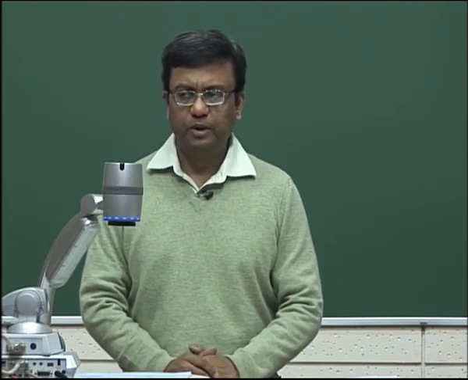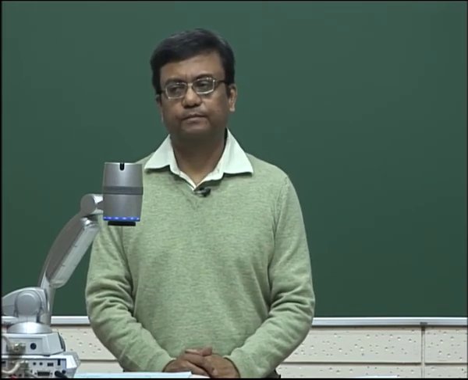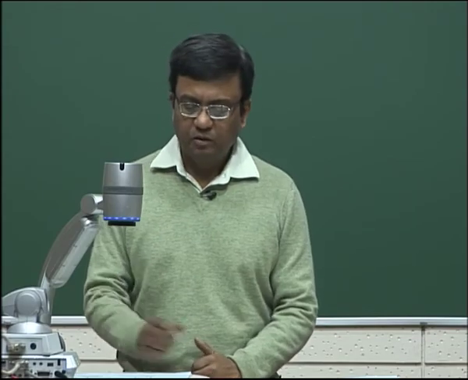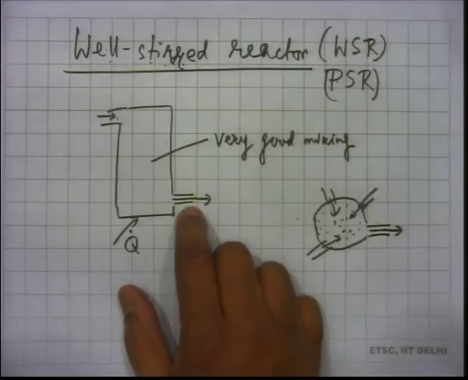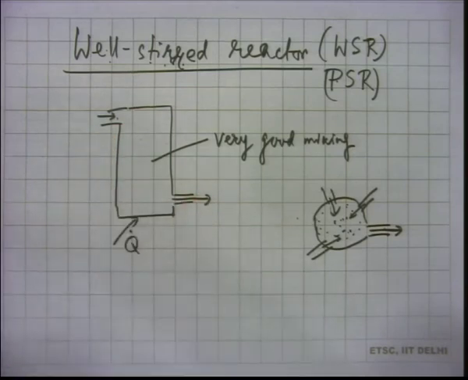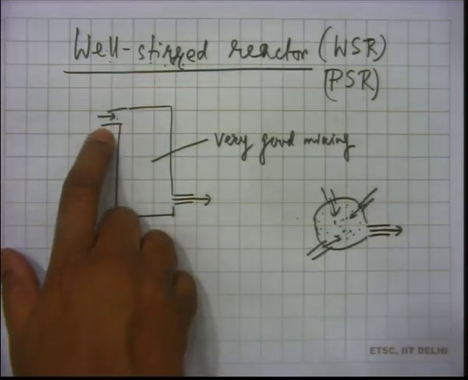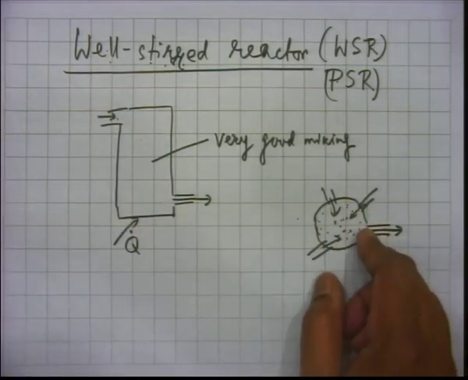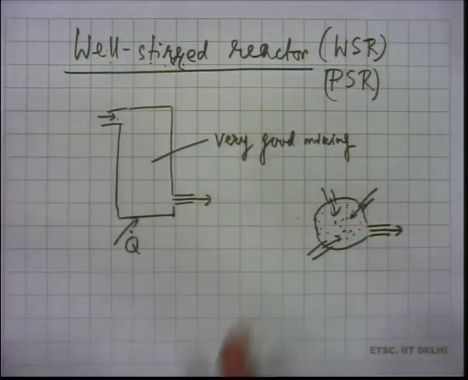Where do you look at? Yeah, so you are more interested in the outlet, because inlet is known to you. You know what you are sending in, and what goes out are the products. So, think about a chemical process industry, maybe they are sending all these reactants. I have drawn, as I said, a single inlet, but there can be multiple inlets also. So, you are sending something. What are you finally interested in? What comes out.